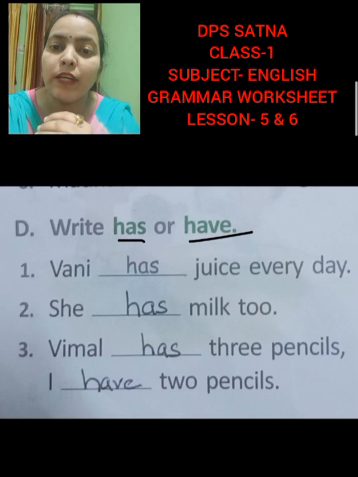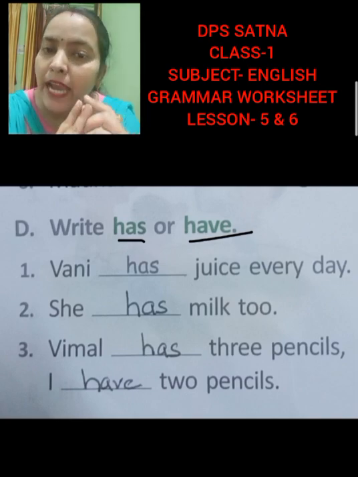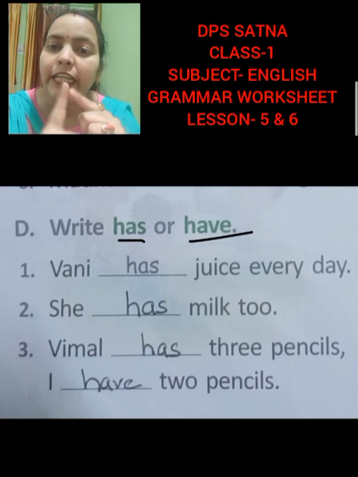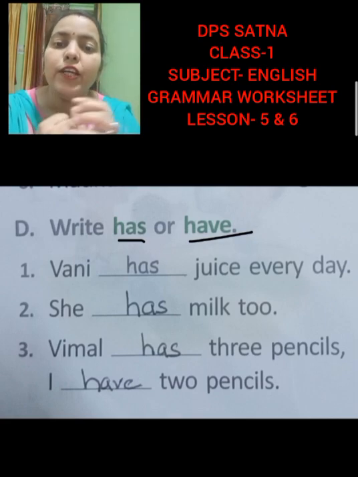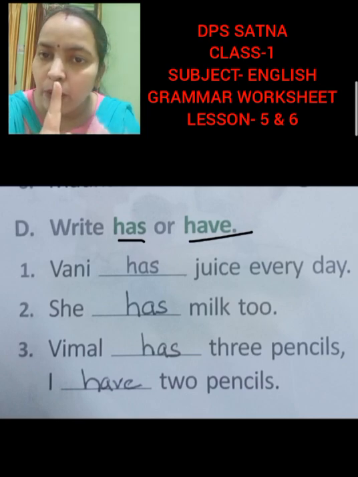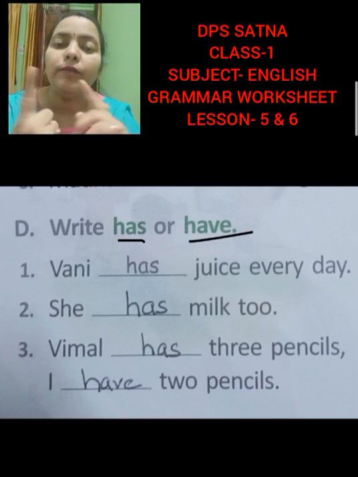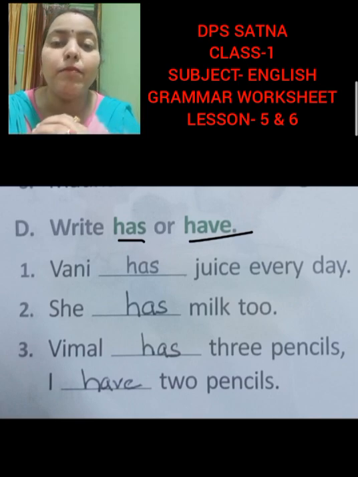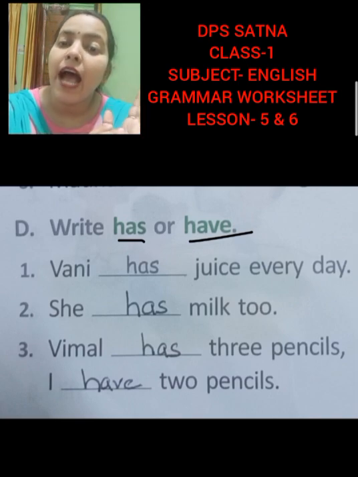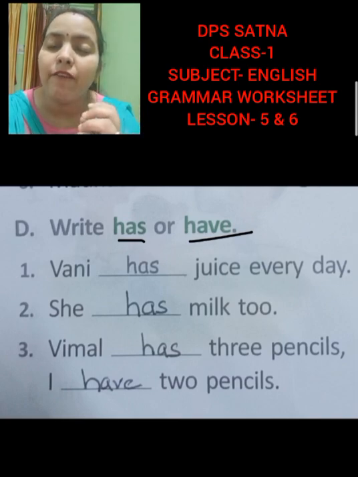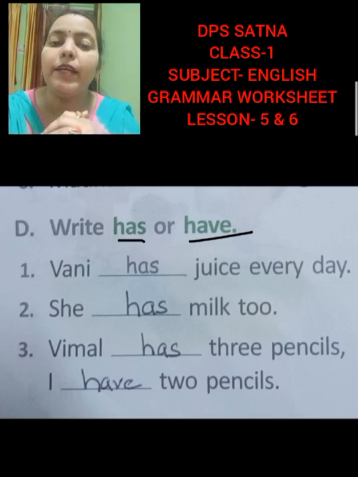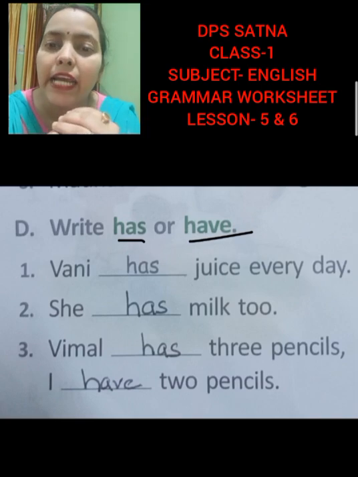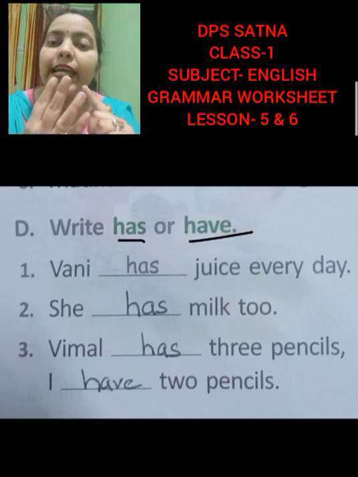And we use has with pronoun also. हम pronoun के साथ भी has use करते हैं. With he, she, it. Okay. So हम has कब use करते हैं? With one noun in the naming part and with the pronoun he, she and it. हम तब has use करते हैं. Okay. अब हम have कब use करते हैं? We use have with more than one noun in the naming part. More than one noun in the naming part and with the pronoun we, they, you and I. With pronoun we, you, they and I.